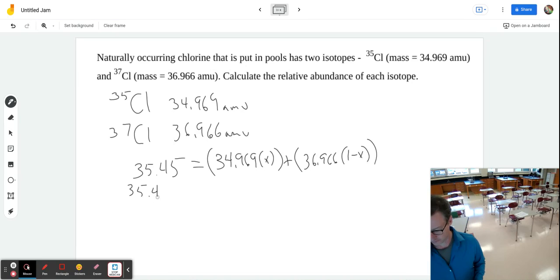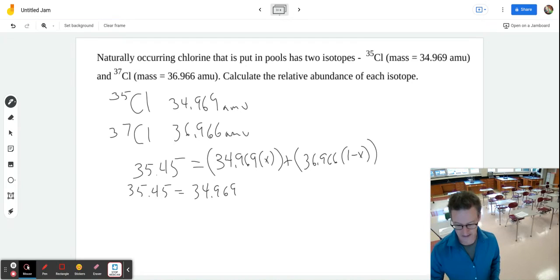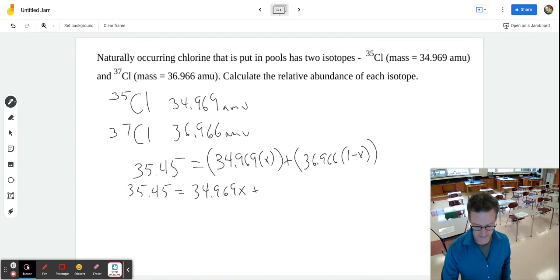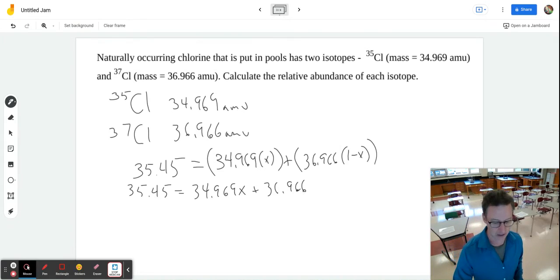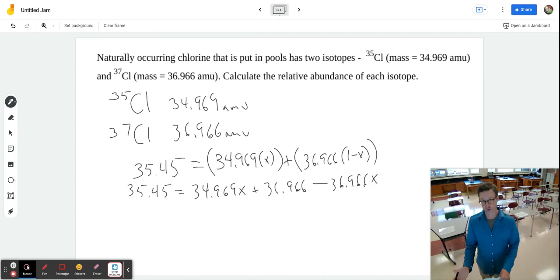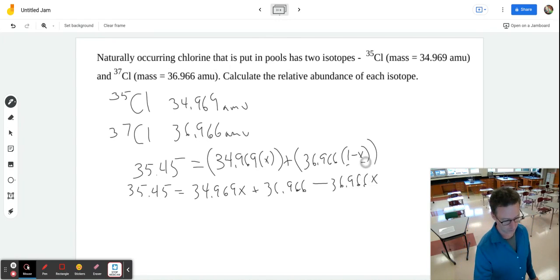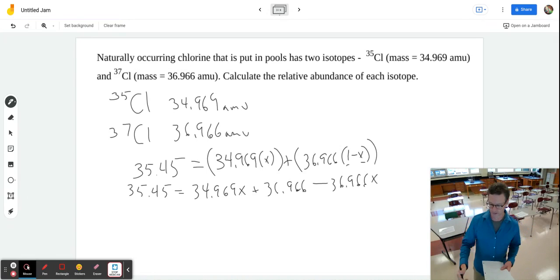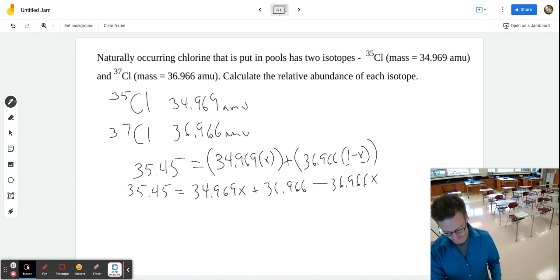We have 35.45 equals 34.969x. Right? Just multiply those. Plus, if I do 36.966 times 1, that's 36.966 minus 36.966x. Okay, because I just distributed that 36.966 to the 1 and the x. So this is what we have here. Now I'm going to combine like terms. I subtract 36.966 from both sides, and I get negative